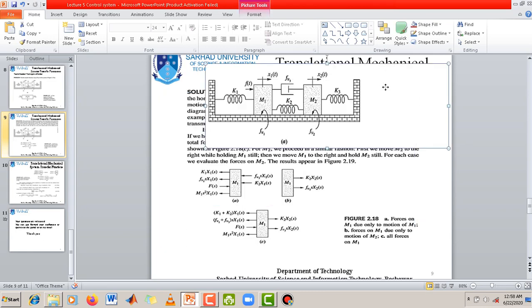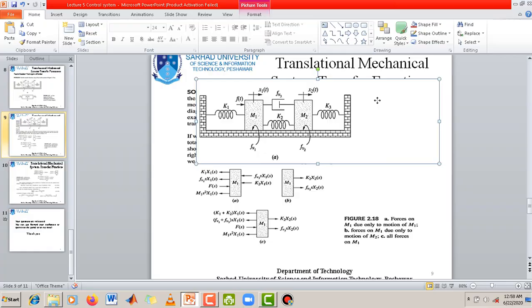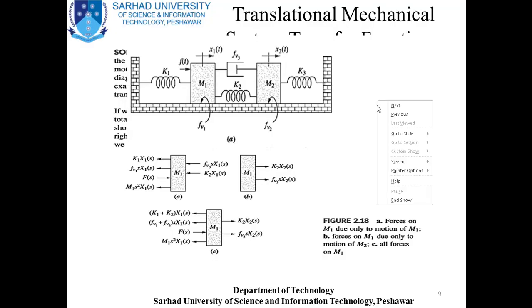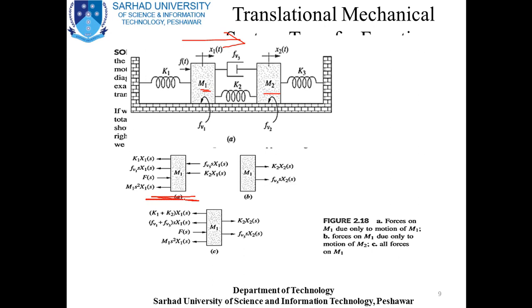It will be very clear to you, inshallah. So now you see that from this side, if you're holding M2 and you are moving M1 to the right, you are getting these forces that are acting on the M1, that is force due to the spring, damping force